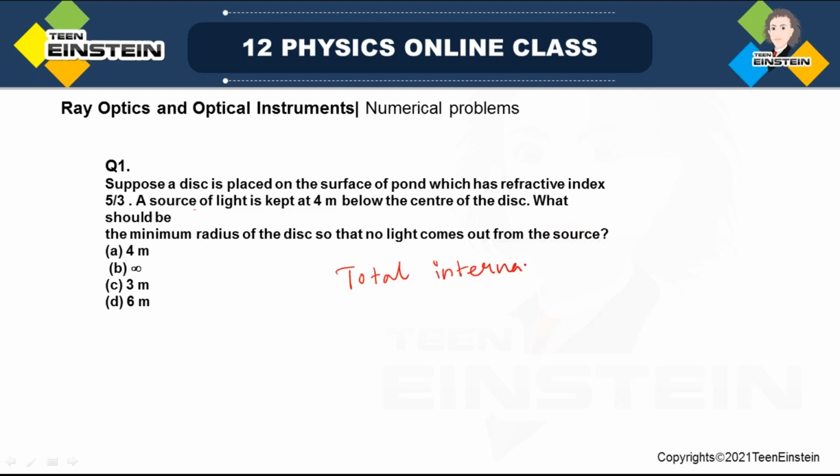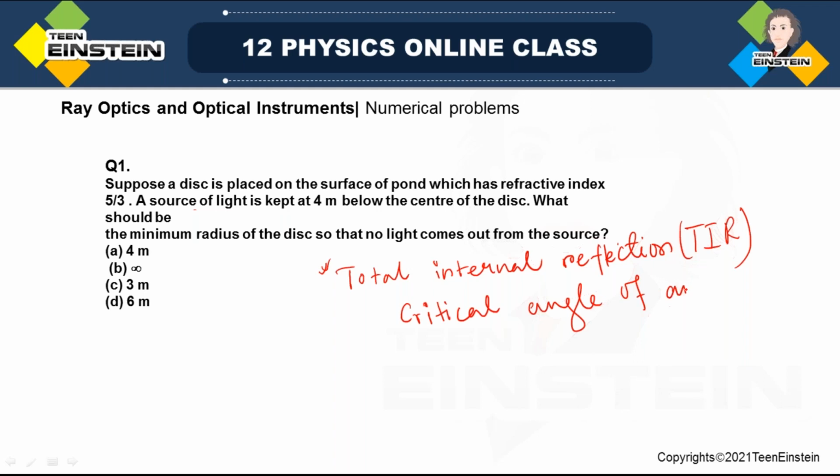If you remember, total internal reflection, in short it is called TIR. And this is the concept of, see, we need the concept of critical angle of incidence. If you can try by yourself, that will be better, but there is a time constraint, so we'll just discuss this. So see, the problem is,